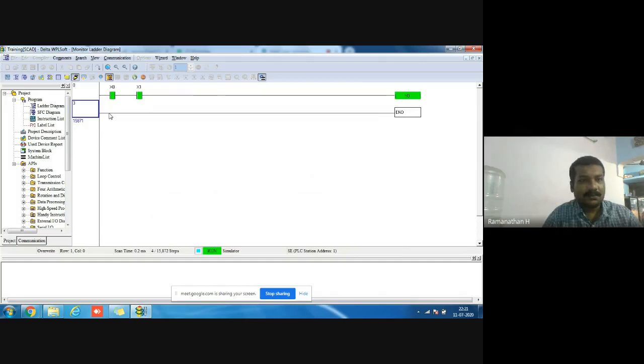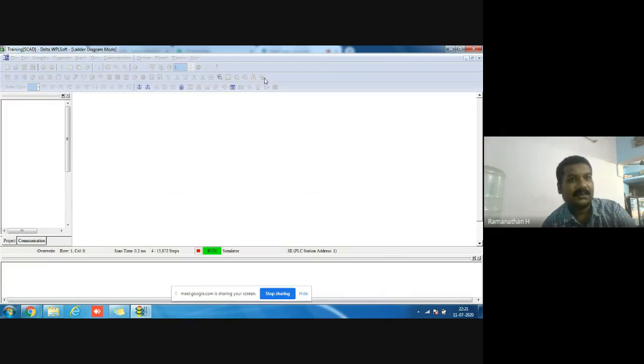In some PLC software, online edit is allowed. Online edit means the PLC is in run mode and at that time itself we edit the program; edit the program and save it, and it is automatically saved. But this software does not allow it, as it is somewhat basic software.